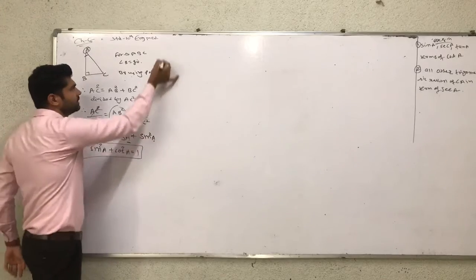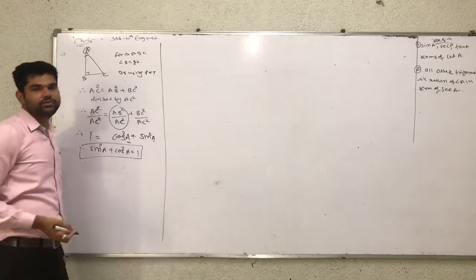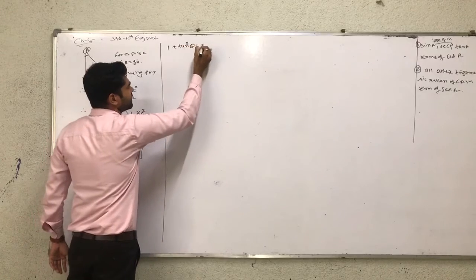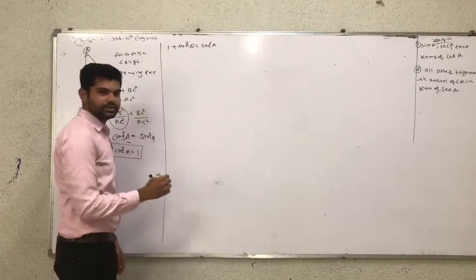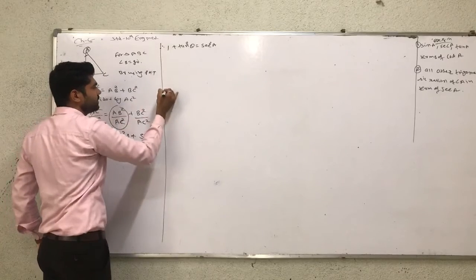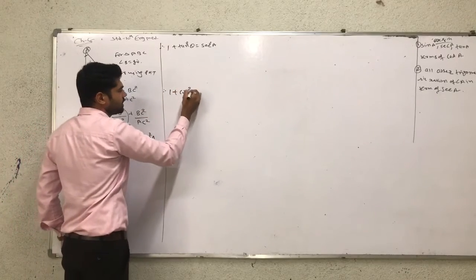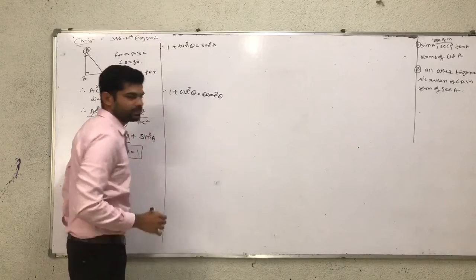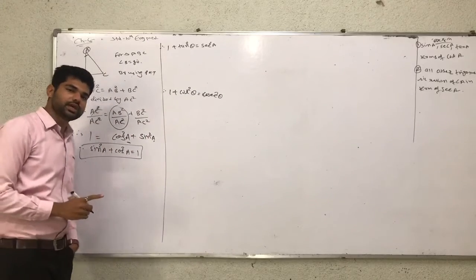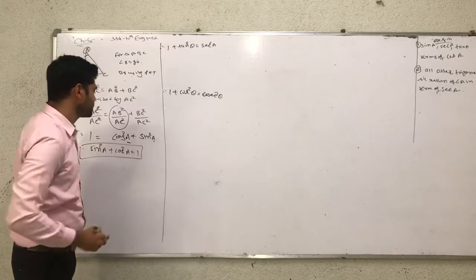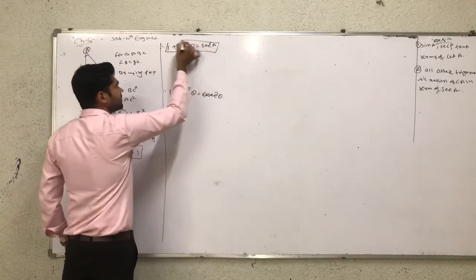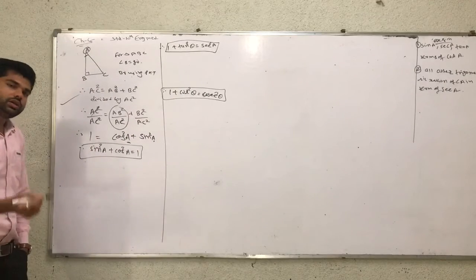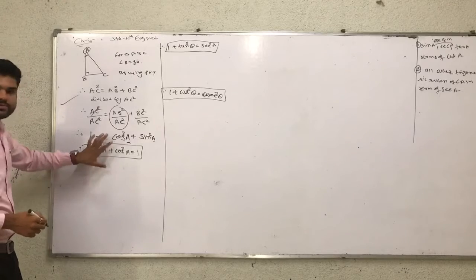This is the first equation we created. Now in a similar way we also create the second, 1 plus tan square theta is equal to sec square theta, and the third equation, 1 plus cot square theta is equal to cosec square theta. 1 plus tan square is equal to sec square, 1 plus cot square is equal to cosec square. In total 3 equations we have to create in a similar way using this method. So other equations will be created from this main equation.